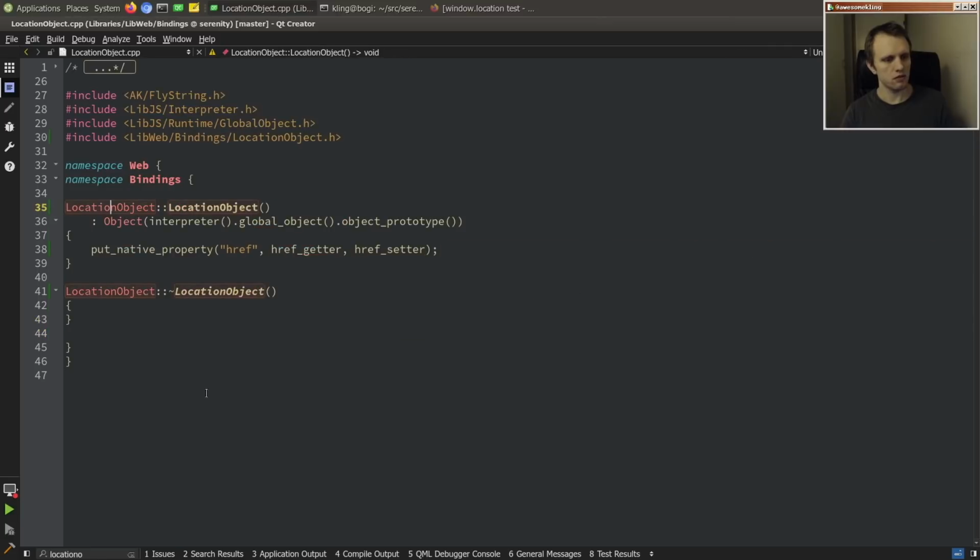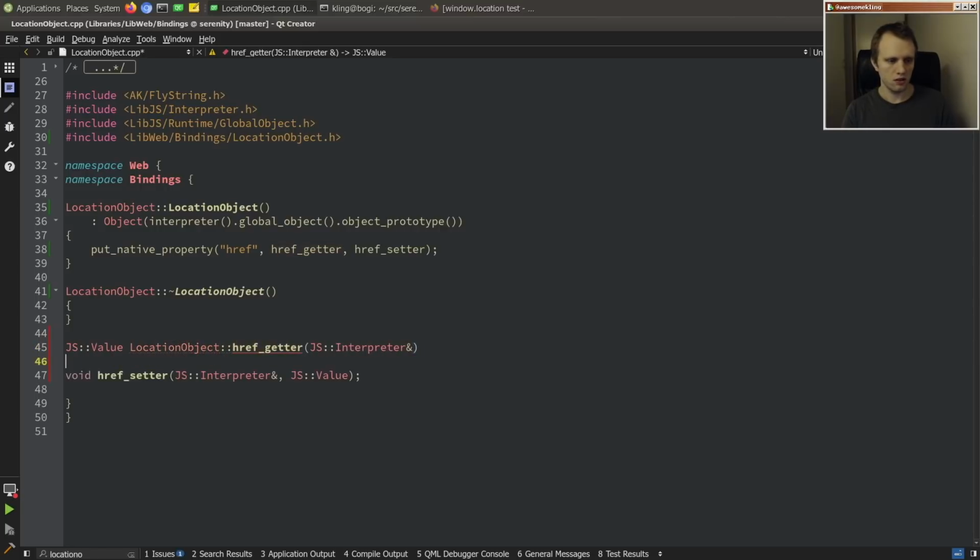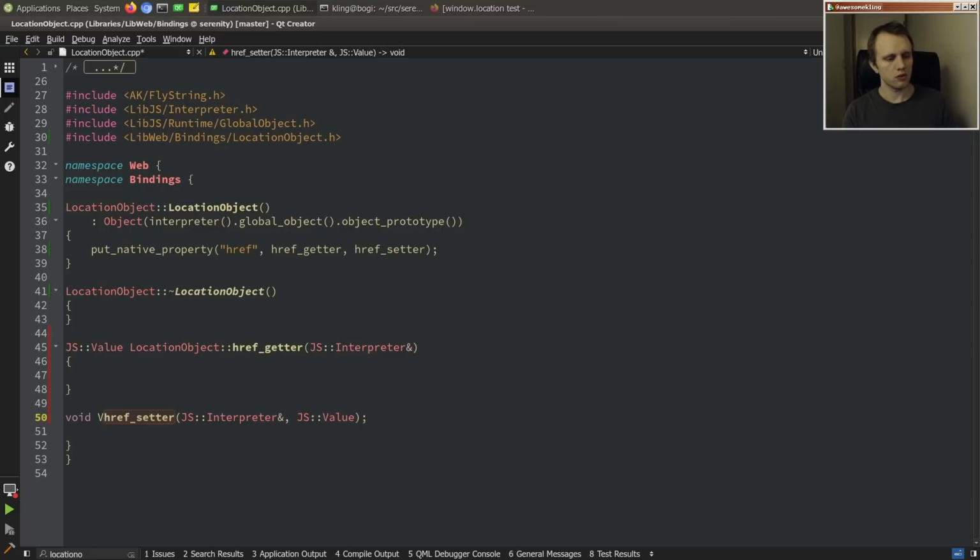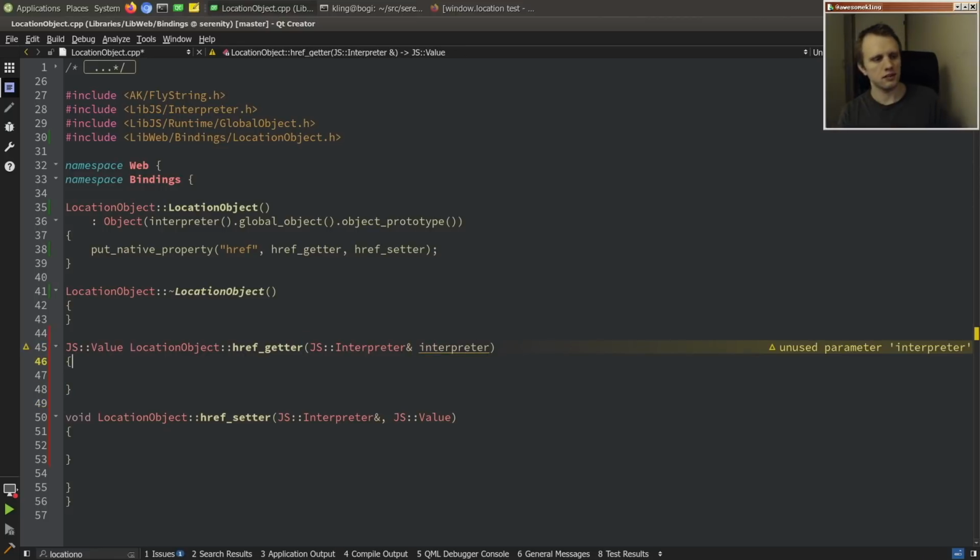Okay, so let's start with those two, and so the first thing we're going to want to do is fetch the location object from the interpreter. So in our case, since we're not going through a prototype object here, we can actually be a little bit lazy and just go straight to the interpreter's this value. So